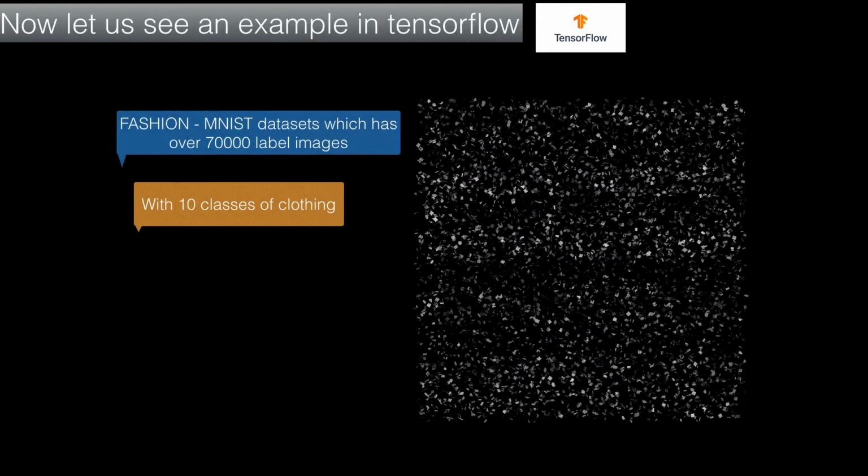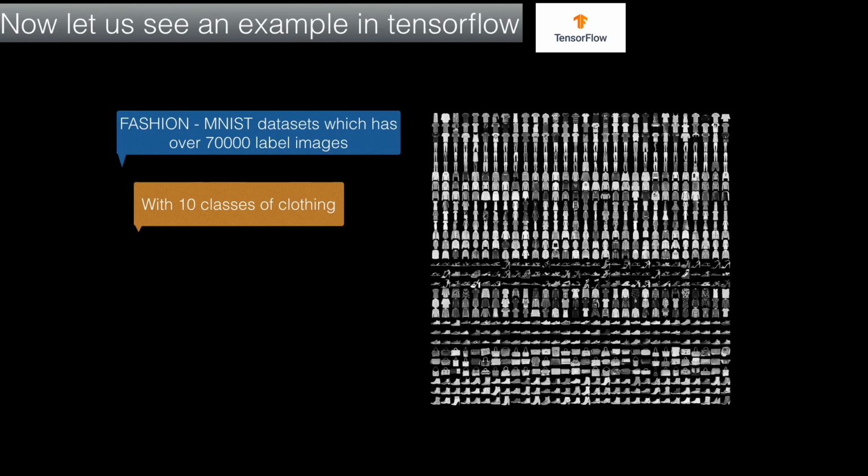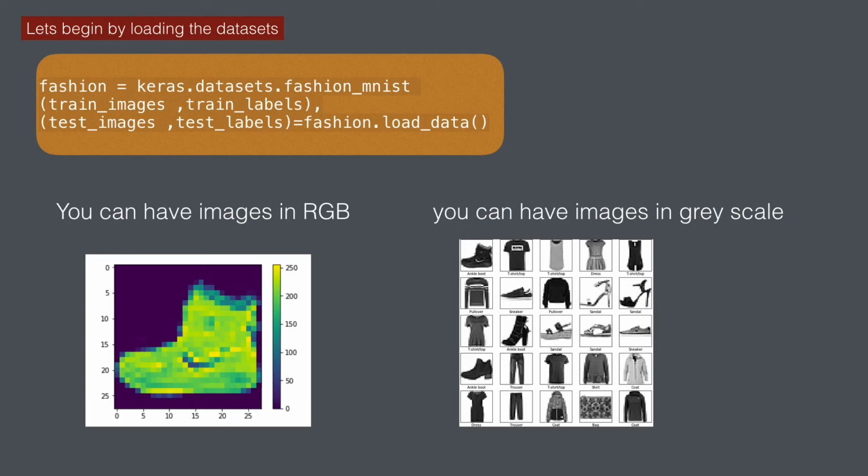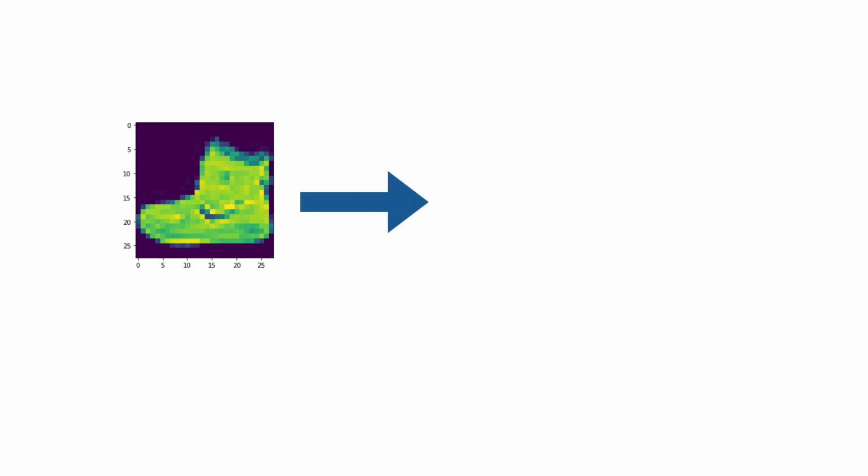We have Fashion MNIST, which already has a dataset of 70,000 different labeled images and 10 classes of different clothing. So let's load the dataset first, with 60,000 images for training a model and 10,000 images for testing a model. You can have images in RGB, or in grayscale, that is 28x28x1. So let's take our image and put it in matrix form so we can see the pixel values, and then let's flatten these pixel values